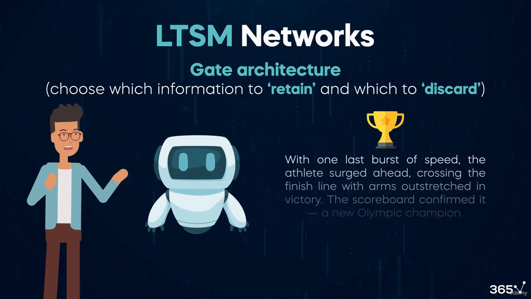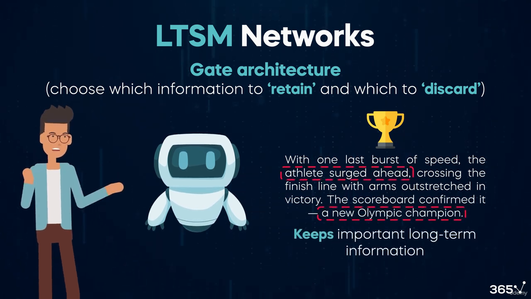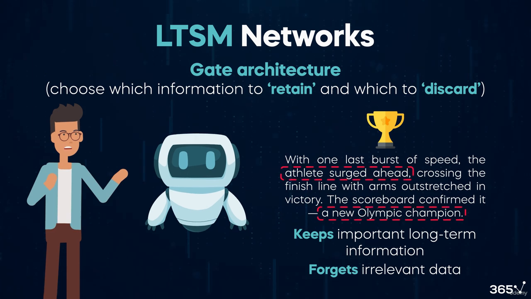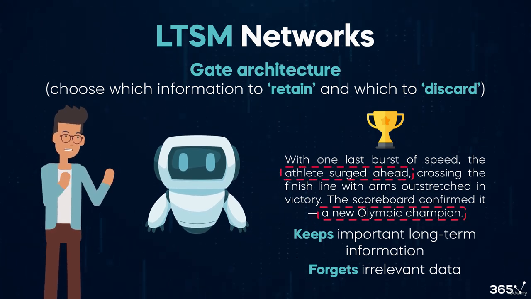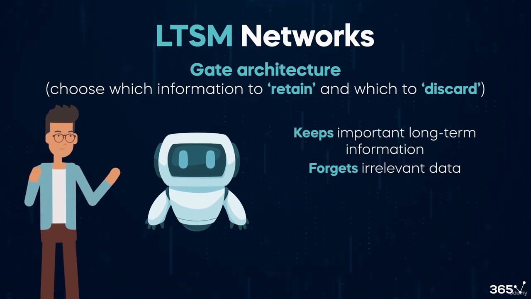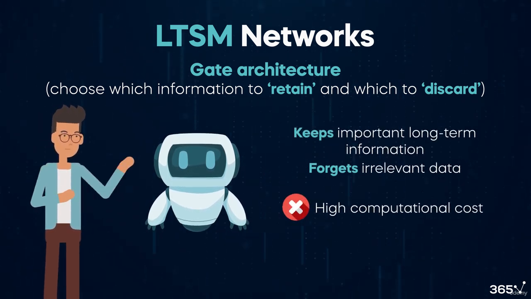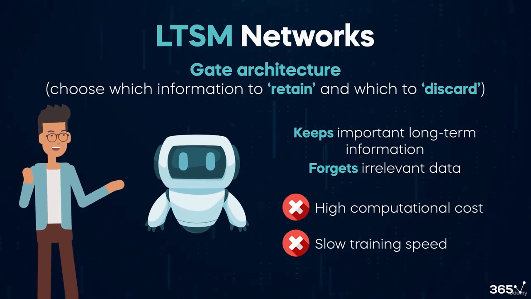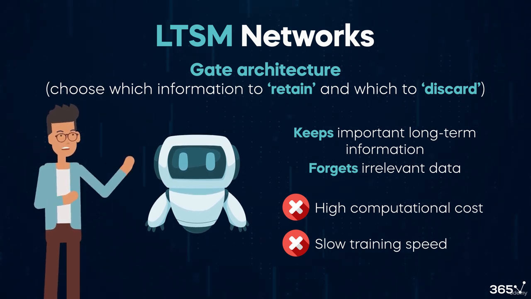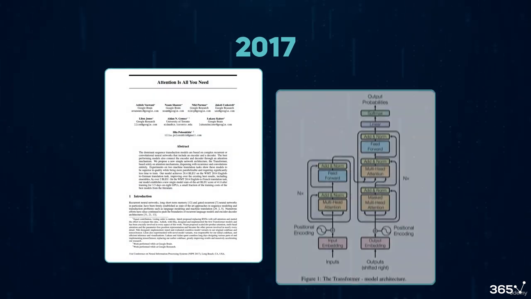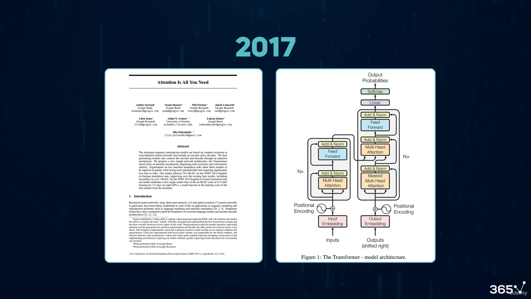This allows the network to keep important long-term information and forget irrelevant data, which makes LSTMs significantly better at tasks involving complex text data. The main drawback of LSTMs is their high computational cost and slow training speed on large datasets, making them unscalable. But in 2017, the paper "Attention is All You Need" introduced the concept of transformers and